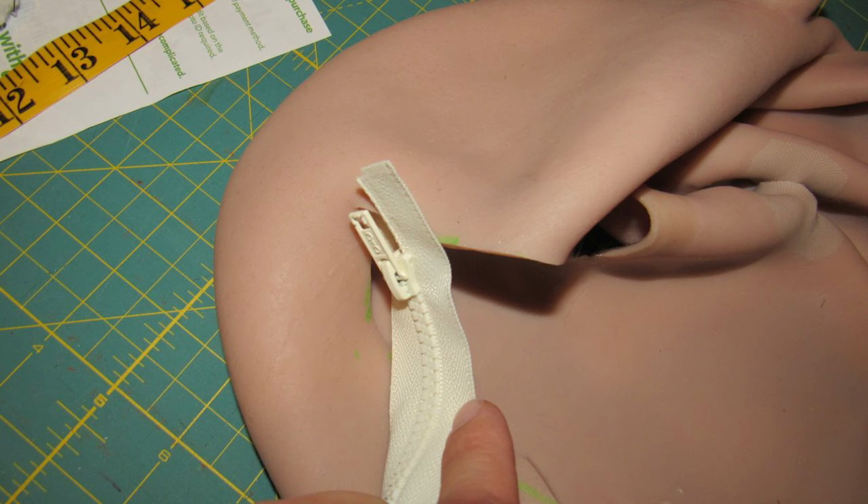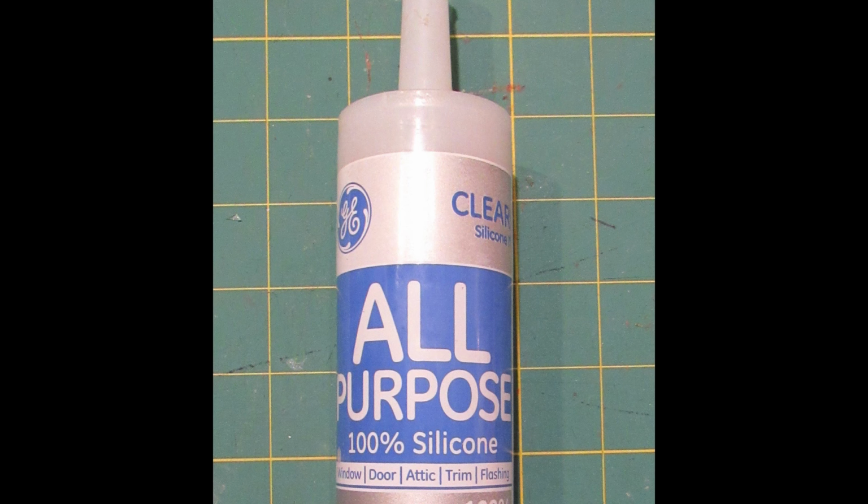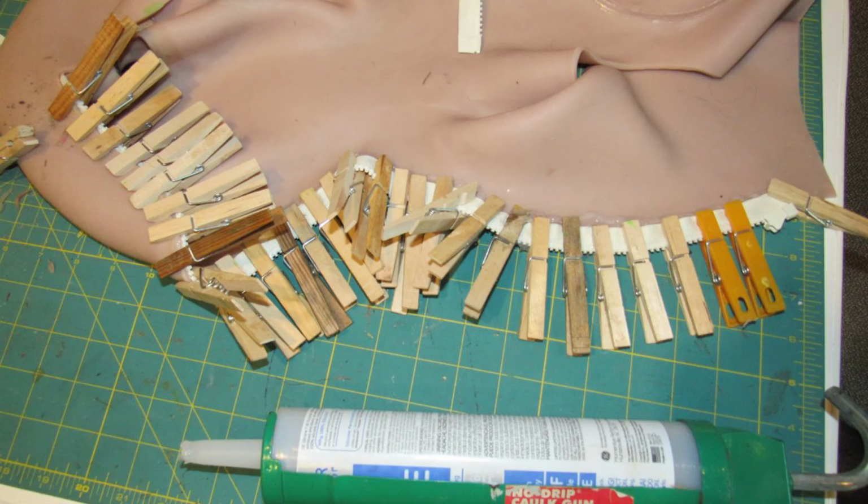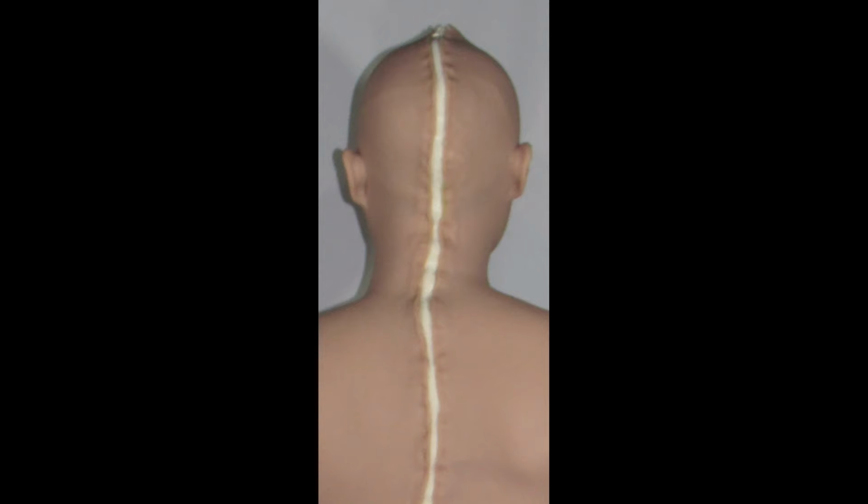Now invert the zipper so that the bottom is at the top of your mask. You'll be installing the zipper upside down so that when you pull it down, it will close, and when you pull it up, it will open. Add a bit of GE Silicone 1 to both the zipper and the inside of the mask. Use clothespins again to secure the zipper to the mask while it dries. Work on one side of the zipper and then let it dry, and work on the other side of the zipper. This is what the installed zipper looks like on my May mask,